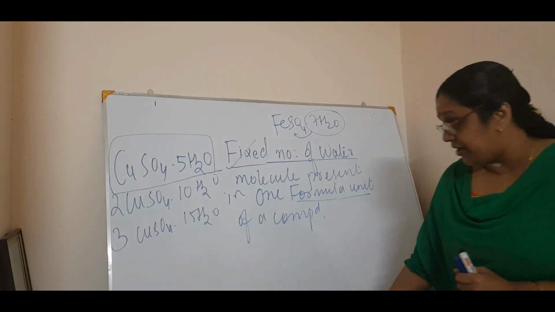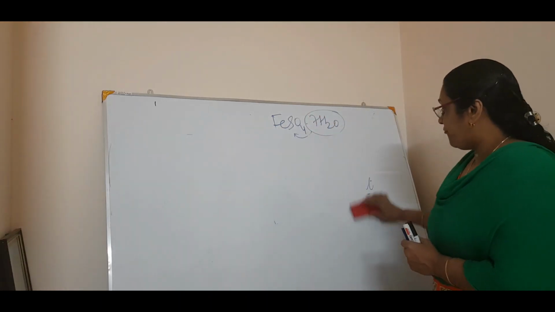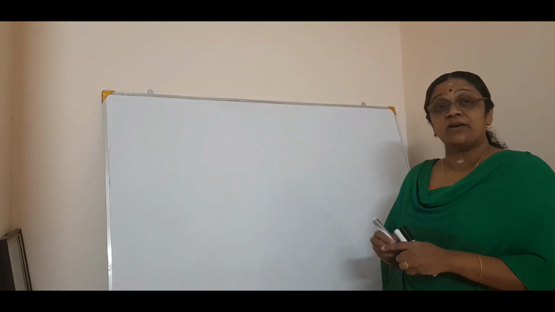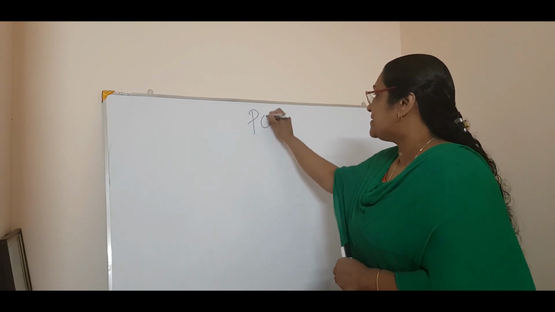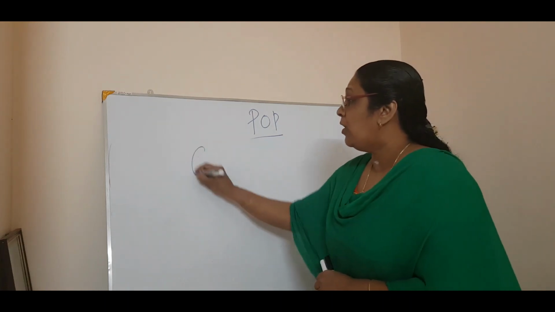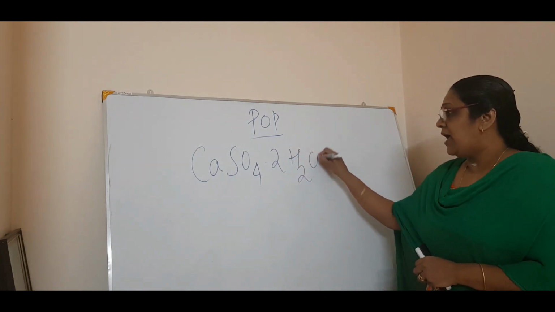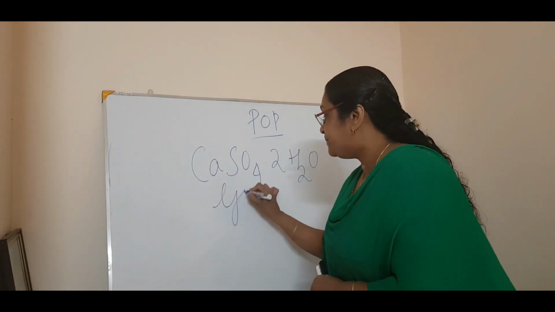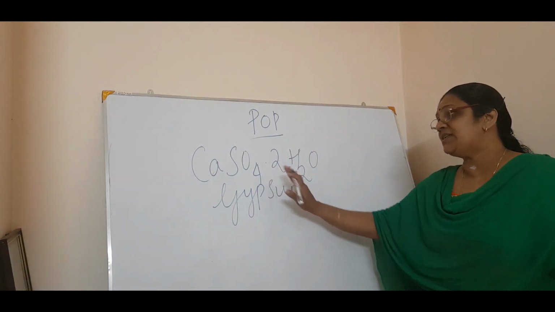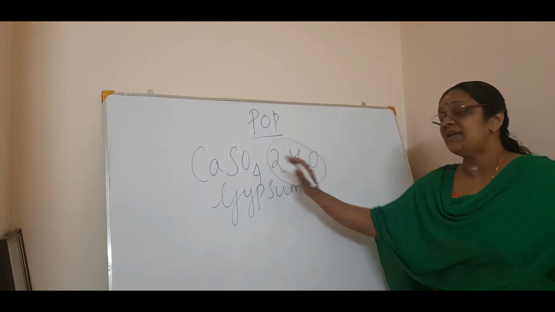Now the last bit of topic in this chapter, acids, bases and salts, is plaster of Paris. Have you heard of plaster of Paris? The last bit, plaster of Paris, or you simply call it POP. Now, plaster of Paris is nothing but, you know, I have written one compound having water of crystallization, CaSO4.2H2O, and this compound is nothing but gypsum. What is it? Gypsum. Okay. Now, if the question is asked, what is the water of crystallization of gypsum? What will you write? 2 water molecules are there in gypsum.